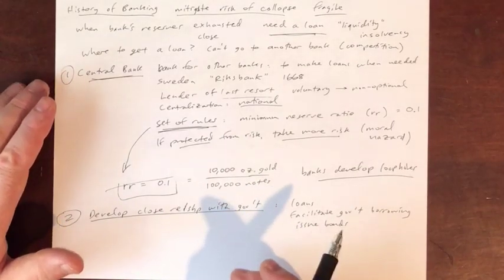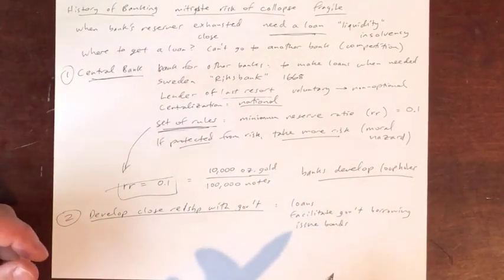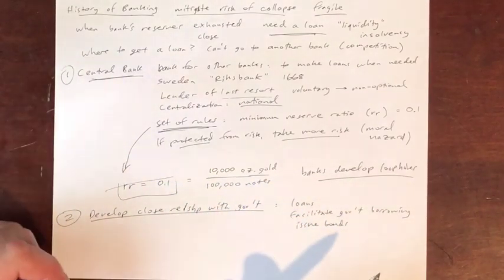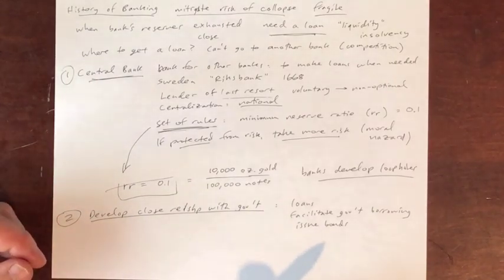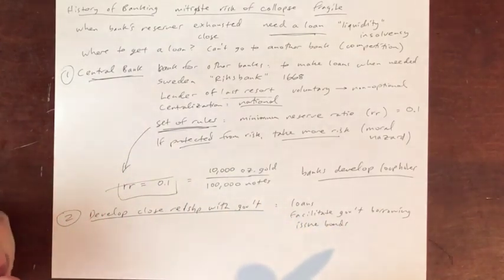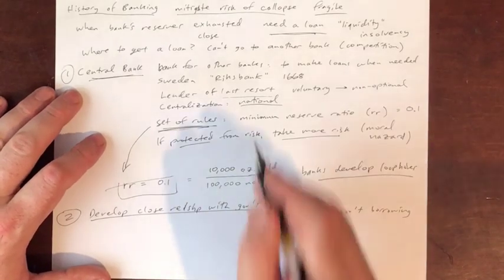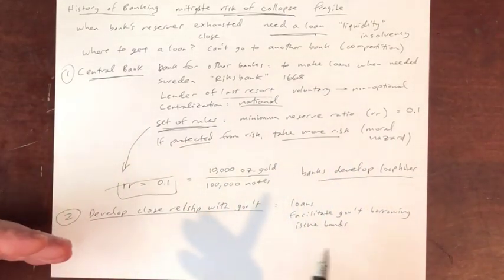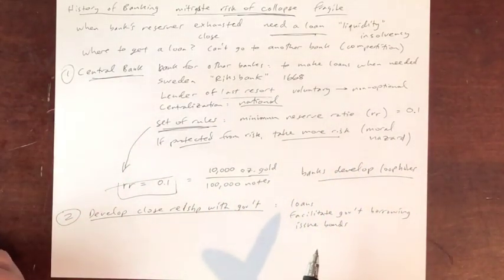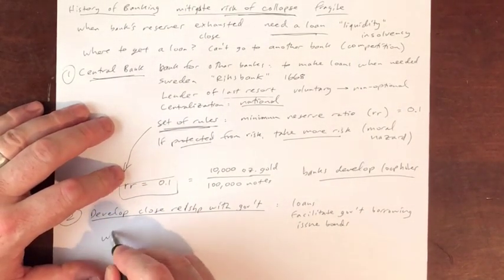Like the dairy farmers or the wheat farmers or whatever, they don't have a government agency for them, right? But the banks do, right? Banks are very close to government. Their interests are represented in government much more so than any other business, right? As they develop this close relationship with government, they use this to say, okay, when we are facing a risk of collapse, and let's say that becomes systemic, that many banks are facing that, they say, look, okay, so